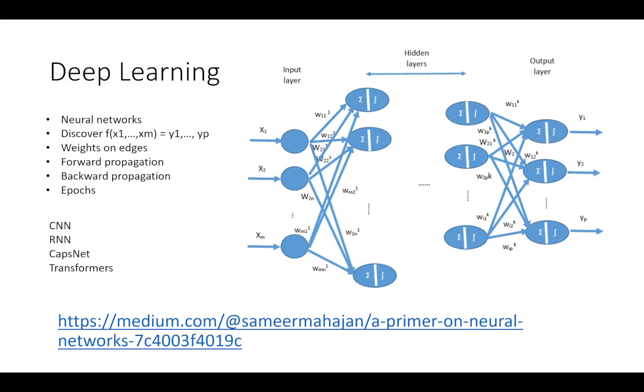Okay, deep learning. As I said, deep learning is primarily driven by neural networks. All the models that we talked about have some sort of input on the left hand side, and then they have some structure. In the case of neural networks, it has an input layer, hidden layers, and an output layer, and they are connected all throughout.